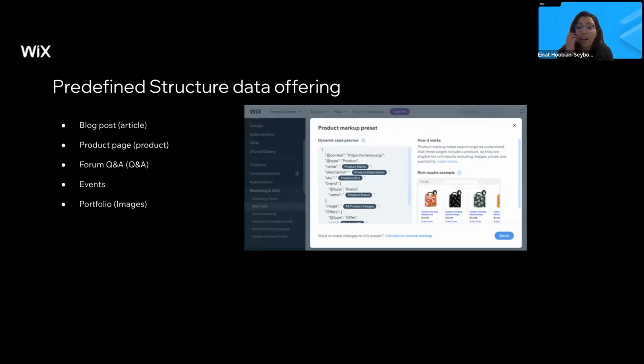For example, we have the article for blog post, we have product for product pages, Q&A for forum, event, images for portfolio, and many more. What's interesting about all the structured data markup work that we've done, I've seen it a few times where Google has released an update and made new requirements to the markup so that you appear on the results page as a rich result, where we've already incorporated that previously into the markup that we automatically create,